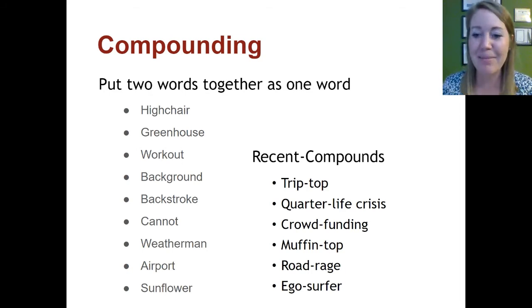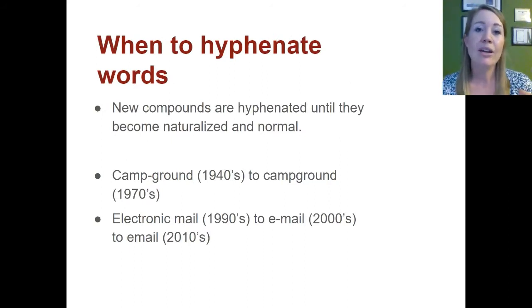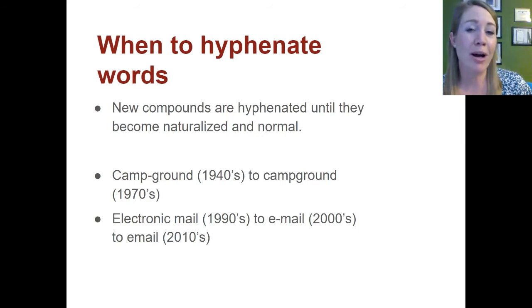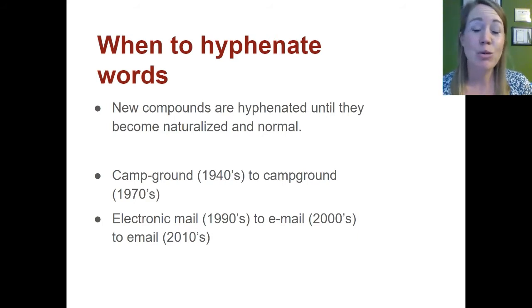But you're probably noticing that the ones that I'm saying are recent, that are newer on the right, have a hyphen in them, whereas the ones on the left do not. And there's actually a reason for that. When we create new compound words in English, we actually start it by hyphenating it. So whenever you see a hyphenated compound word in English, that's probably a clue to the fact that it's actually a relatively new term. And we've done this over history.